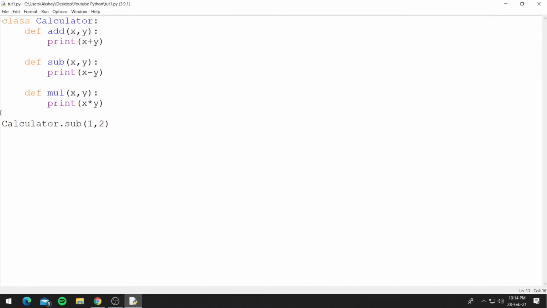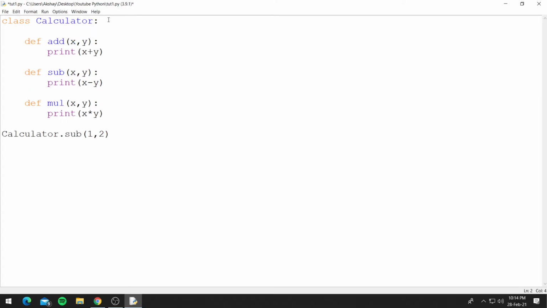Now you can also define variables. Now variables are called attributes in a class, but it doesn't matter, both are the same. So let's define a variable pi, which will be equal to 3.14. Now you can use this variable inside your functions, or you can directly access it. Now to access a variable from a class, you first type the class name, so calculator dot pi. You can see both of these are pretty similar.